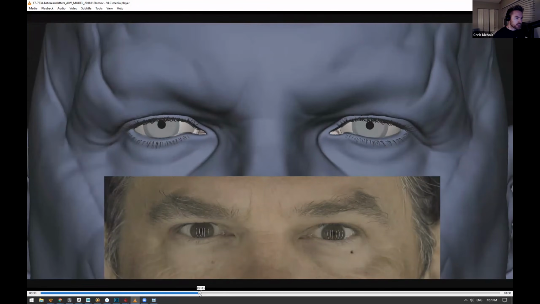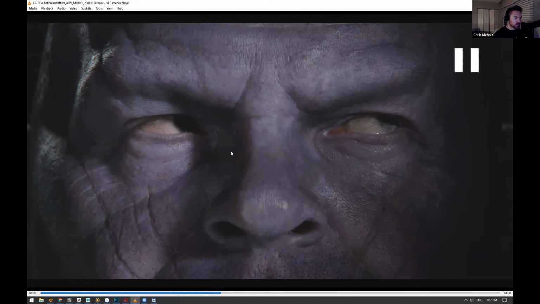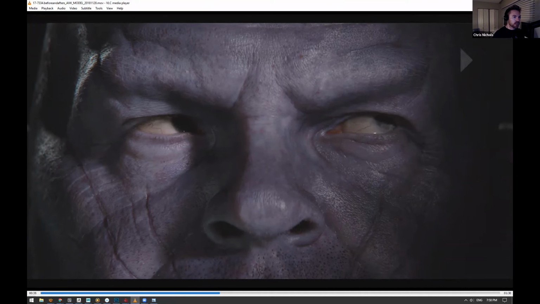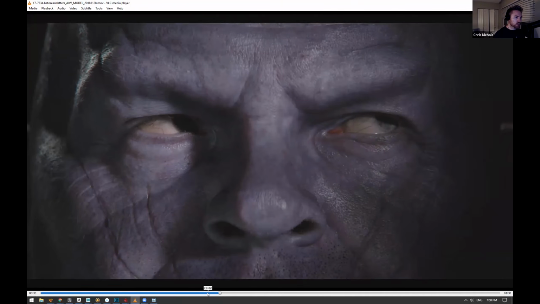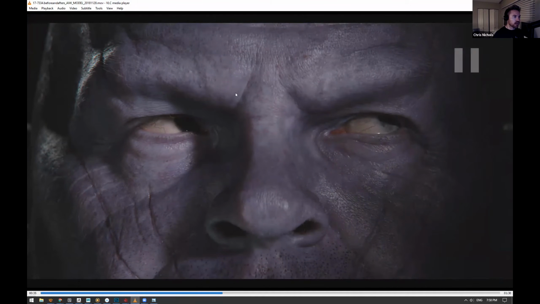So this is an eye test. This is also part of the test that we sent to Marvel before we got awarded the show, and they showed this to Josh Brolin, and he was really impressed by it, because he was like, wow, I don't have to overact. I can just be myself on set, and the nuances of my face are coming through. It feels like my performance. And even though there's a little bit of interpretation, most of it is coming from Josh. And we're really here just to support his performance through the art that we're doing.